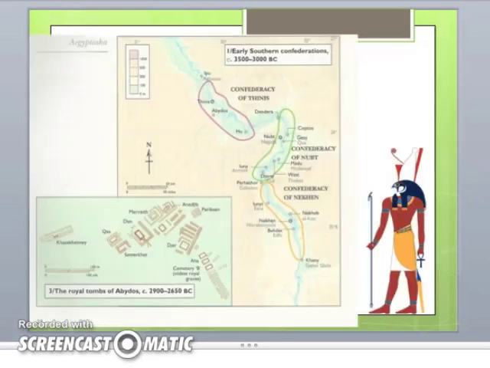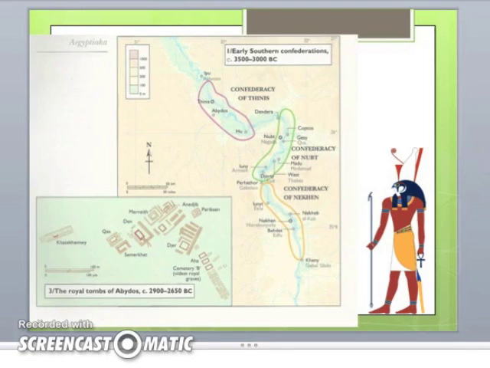More evidence of this is the fact that we know that different towns were becoming allied at this period. So we have the idea of confederations in the south here near the first cataract of the Nile. And these confederations were groups of towns that would have all united and probably traded amongst each other and then traded with other confederations. These confederations represent perhaps a type of unifying. So perhaps there was one person in charge of each of these confederations, so that would have been even more advanced than a chiefdom society at this point. And we think this is our first step really into unifying Egypt.